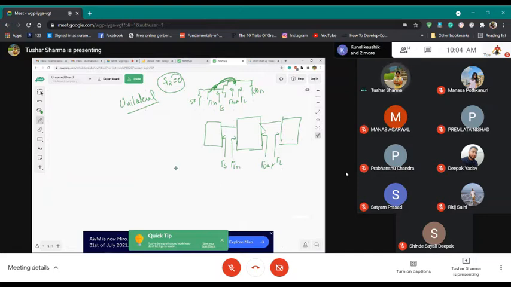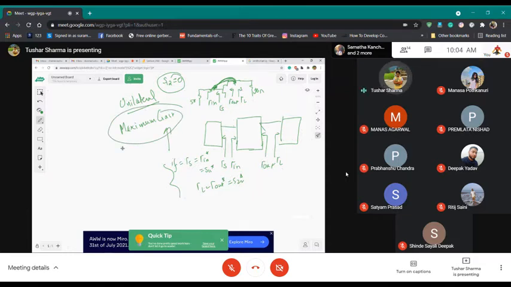So if you say your gamma S is equal to gamma in conjugate, and for the unilateral case this is equal to S11 conjugate, and gamma L is equal to gamma out conjugate, and this is equal to S22 conjugate, then you are trying to reach maximum gain out of the device. What is that maximum gain possible?